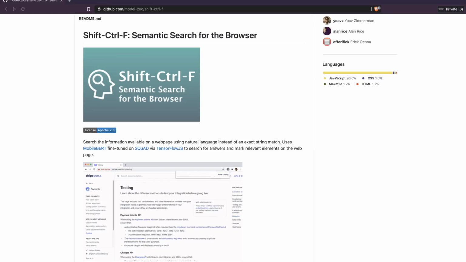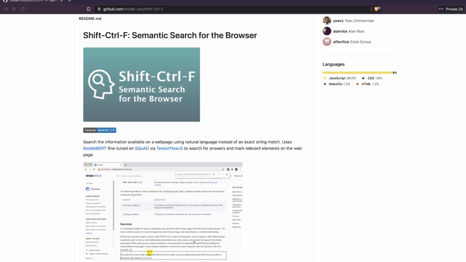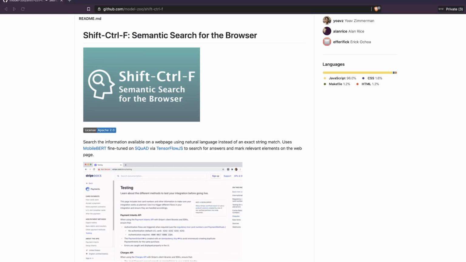So this is not my own project. This is something that I recently came across online, and I really liked it, and I wanted to share it with you all. And this is really good, and you can start using it right away after you see this video on how to use it. Otherwise, you can just go ahead to their GitHub page and start reading the documentation.